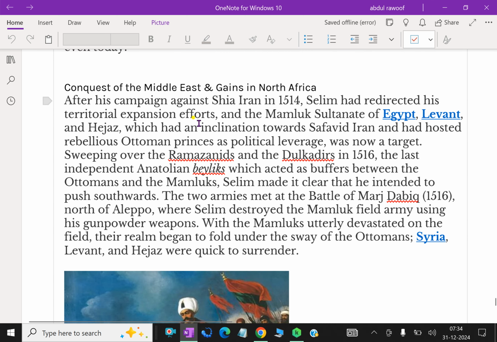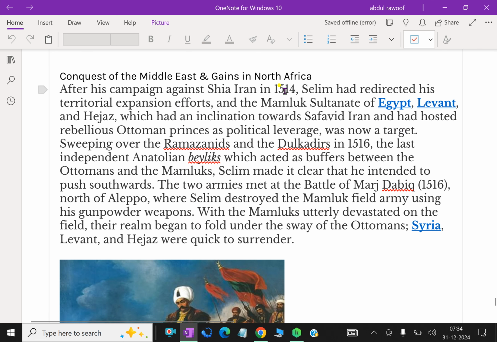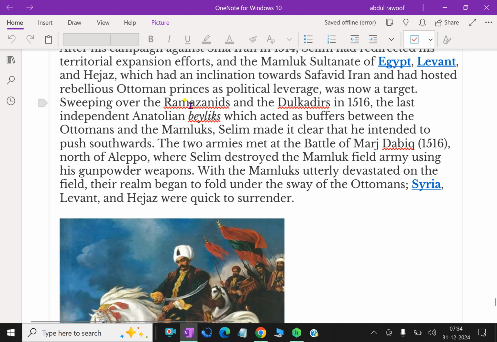The conquest of the Middle East and gains in North Africa. After his campaign against Shia Iran in 1514, Selim had redirected his territorial expansion effort, and the Mamluk Sultanate of Egypt, Levant, and Hejaz, which had an inclination towards Safavid Iran and had hosted rebellious Ottoman princes as political leverage, was now a target, sweeping over the